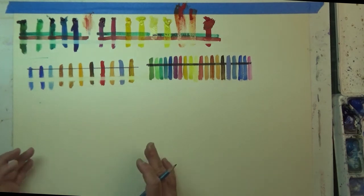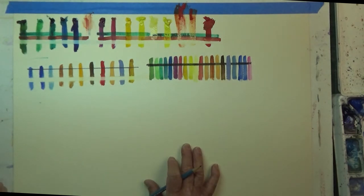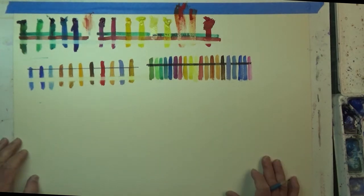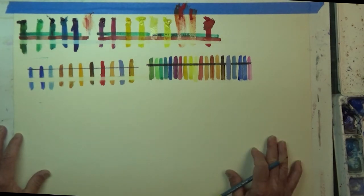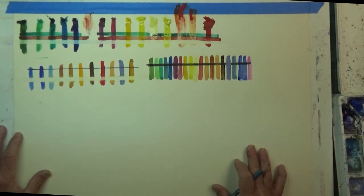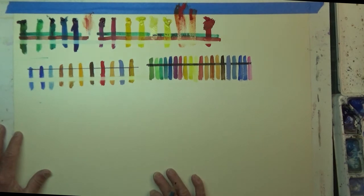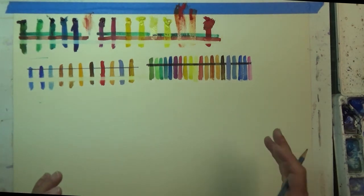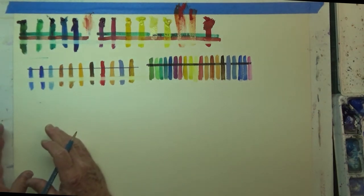It's the general name of the color. The value, however, references the color's lightness or darkness. And you and I have talked about value being probably the most important part of what I consider the painting itself. I mean, people get wrapped up in color. They get so concerned and overly concerned with color that they forget that a painting has to have good lights and darks to it. Well, you can get a red that's a dark red or a light red,